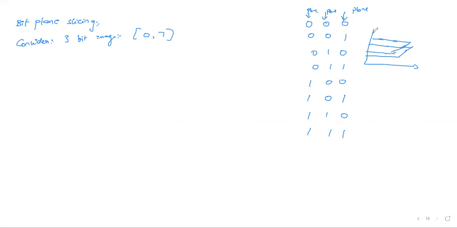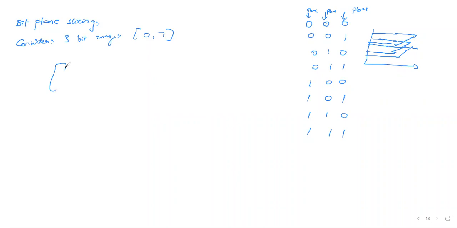One plane. Like this we represented 3 planes. 4-bit means 4 planes. 8-bit means 8 planes. So what are we doing here? Suppose, based on the number of pixels,